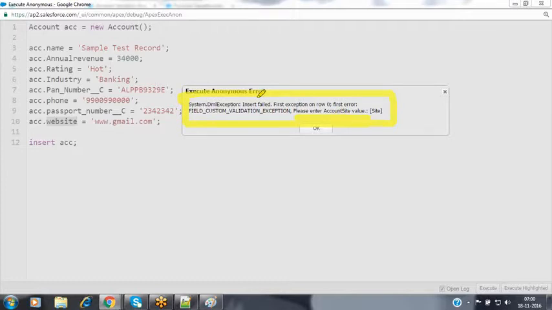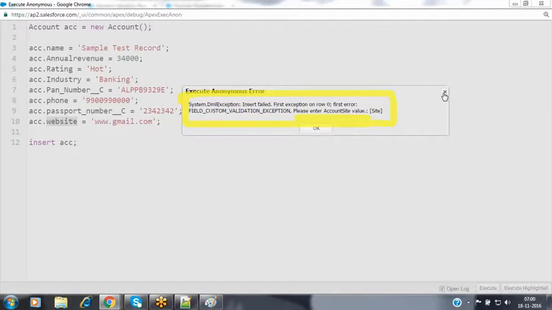Whatever validation rule you have created does not only fire at the client side, but whenever you insert the record through other alternative channels like Apex programming, the data loader, or any other third-party tools, these validation rules will always get fired. In all the cases, it will get fired. There is no need to maintain a separate validation rule set at the client side and another at the database side. One set of validation rules can be used in both places, client side as well as server side.